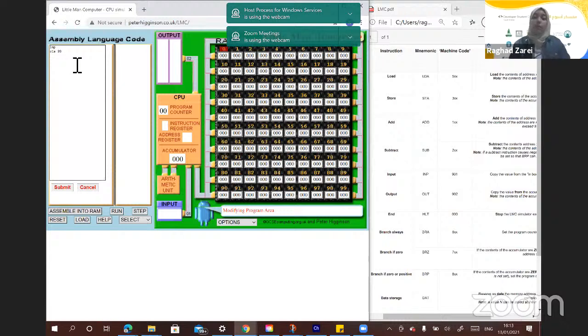Now, we also want to take another number, right? So we can take another input and also store it in the location next to it, which is 98. All the program that we have written does is take in an input, store it, take another input, and store it. Now, let's say we want to add these two numbers.